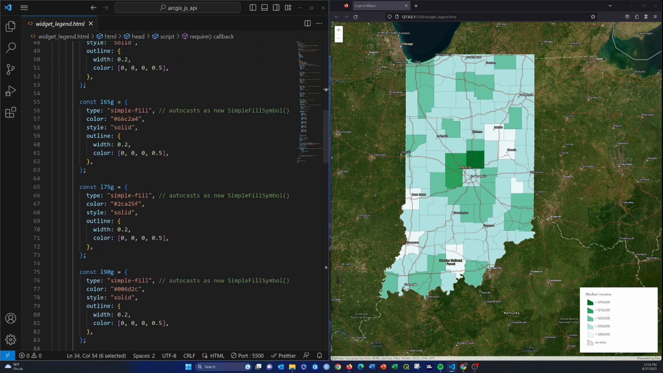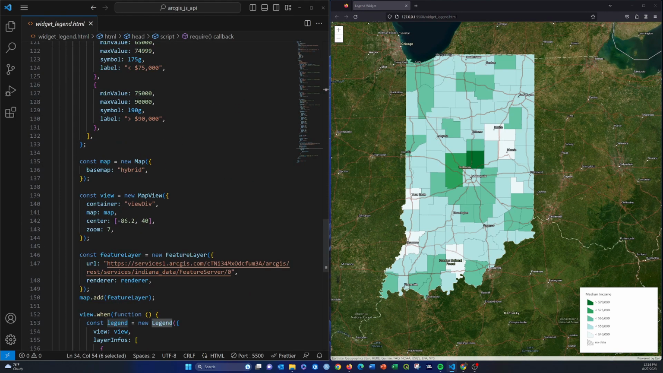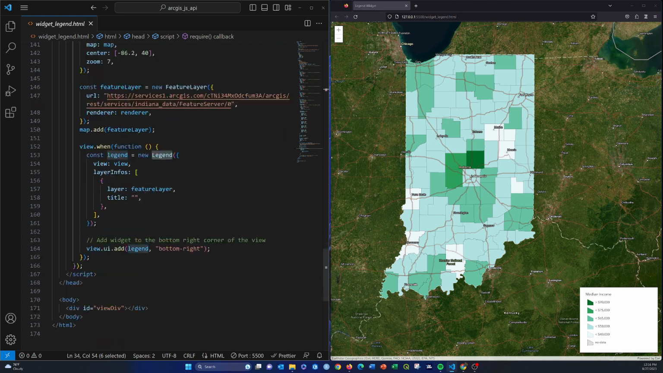This is just setting up my symbology. We'll skip over that for now. We already went over that. What we're looking at that's new here is just this section here at the bottom. So I'm basically wrapping this in a view when. I believe that's so that it allows the page to load basically before it loads. So anyway, this is